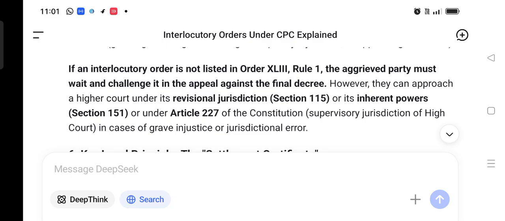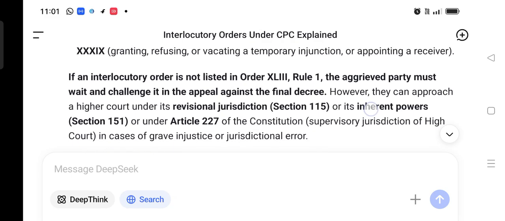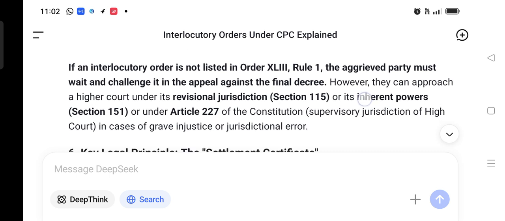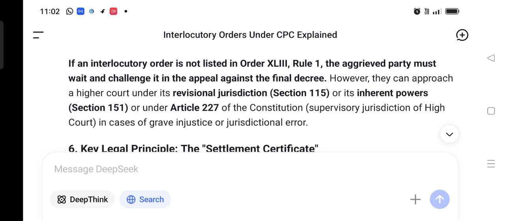So we cannot generally appeal an interlocutory order, but we can use the revisional jurisdiction, that is section 115 of this CPC, or Order 43 Rule 1, or inherent power, or Article 227 of the Indian Constitution, a writ petition to the High Court, by which interlocutory orders can be